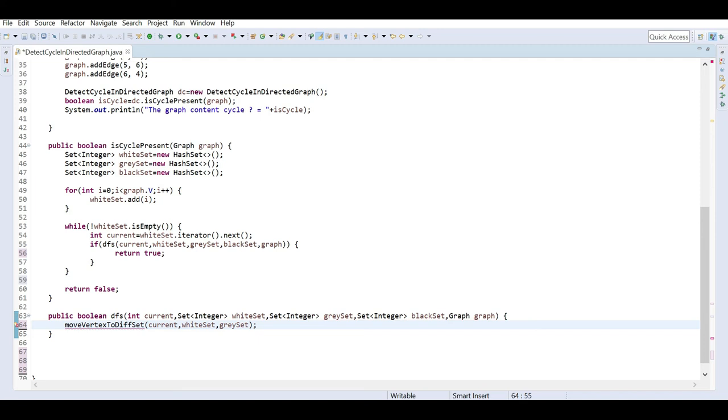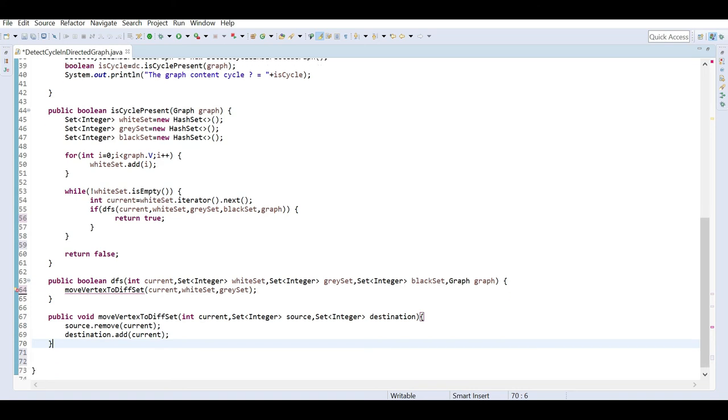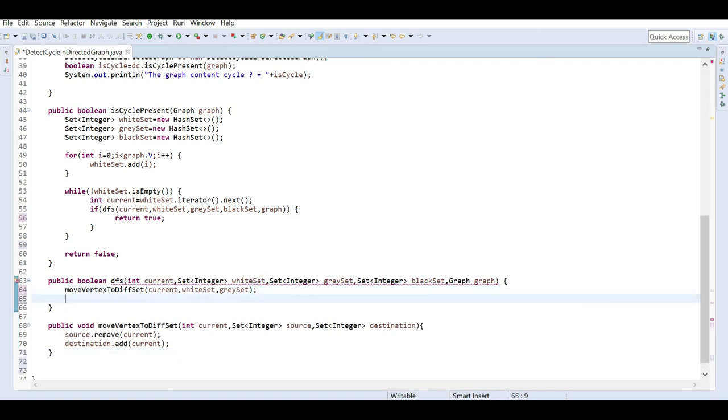So one common method, like move vertex to different set. As of now we have to move the current element from white set to gray set. So we will define that method here. It will take the current element, then the source and destination. So we have to remove it from source and add it to the destination, right?